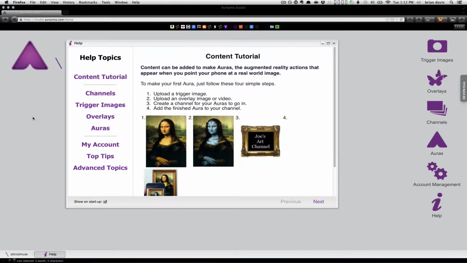Okay, so we're going to go through the process of creating an aura, or augmented reality experience, on Aurasma. When you log in with your username after I've approved you to log into a Tim and Mule channel, this is the page you're going to see. You're going to see kind of a tutorial here in the center,